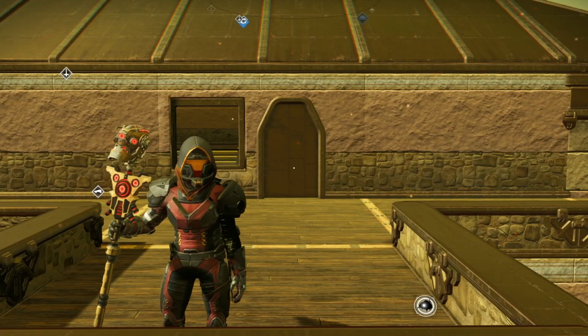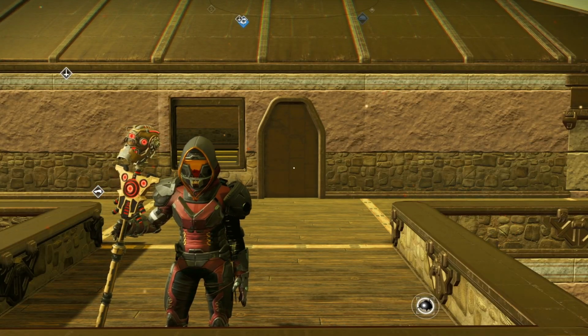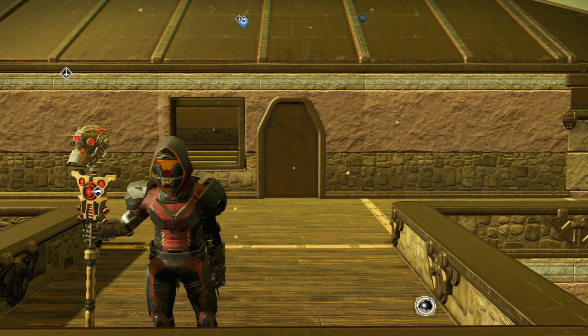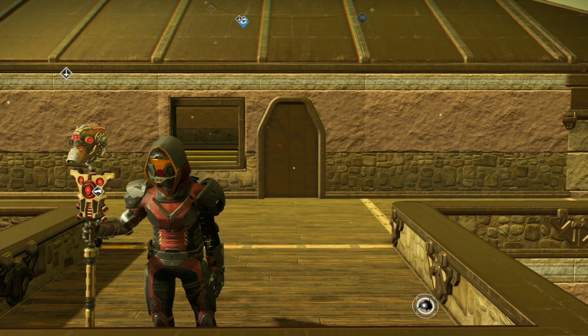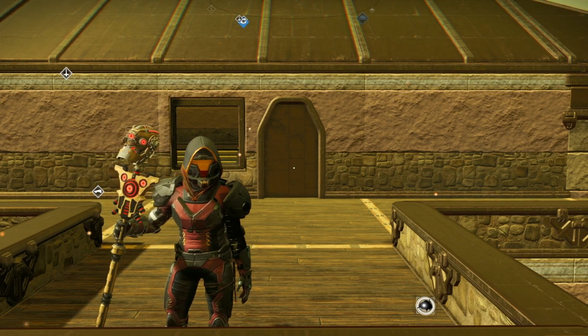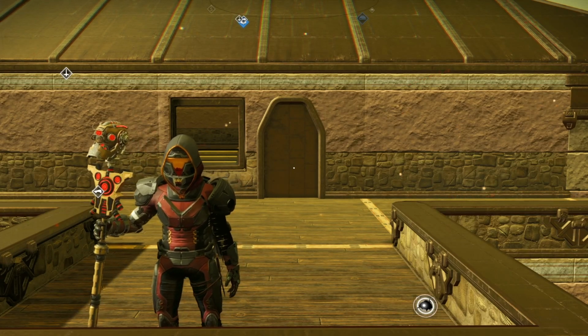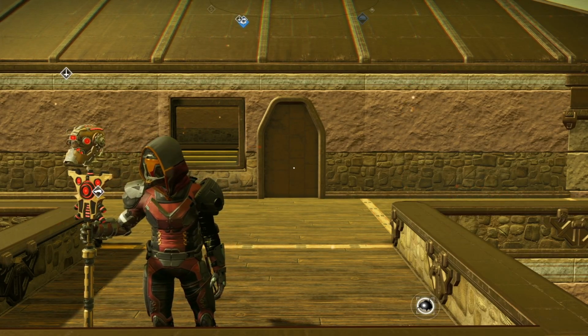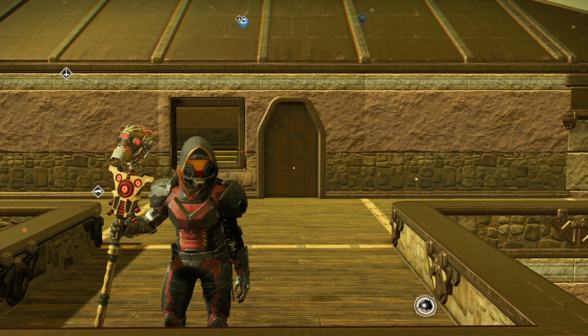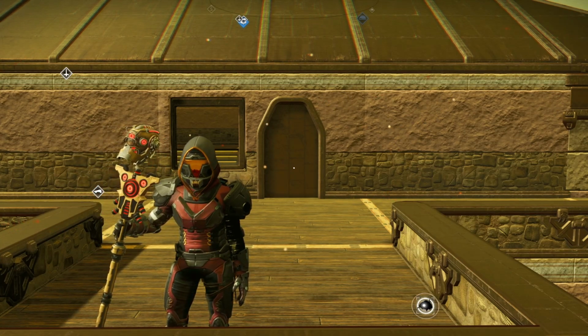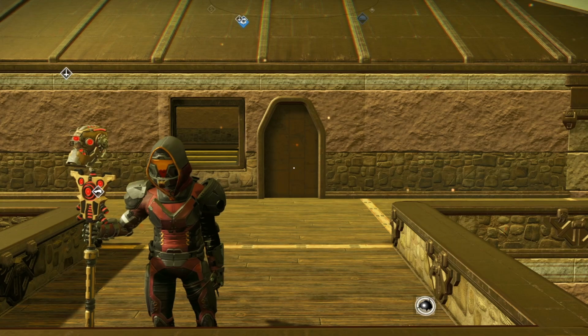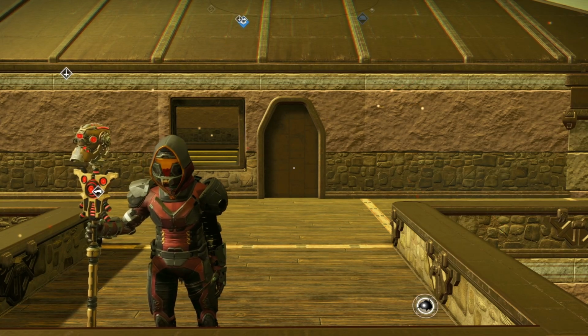Are you someone that came up with a great base idea that you wanted to build in No Man's Sky, but gave up because it was too frustrating to connect the old base building pieces with the new base building pieces, or had trouble with movement and rotation and things like that? Well, I'm Controlled Chaos, and in this video, I'm going to talk about how you can solve some of those problems